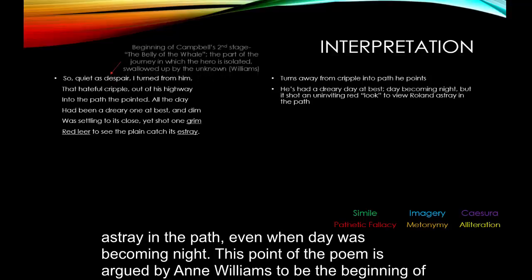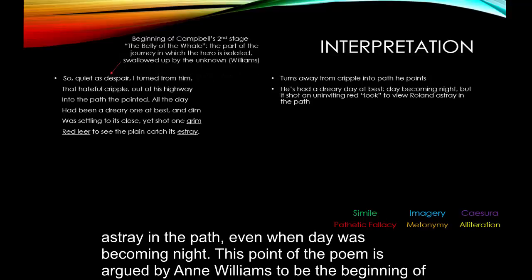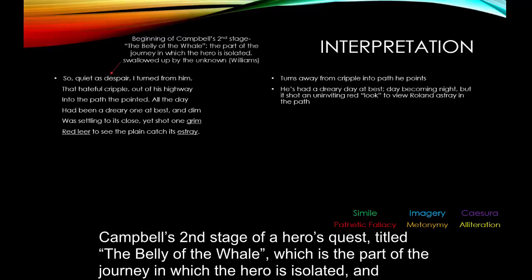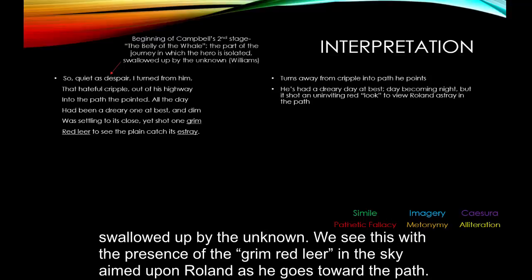This point of the poem is argued by Anne Williams to be the beginning of Campbell's second stage of a hero's quest, titled The Belly of the Whale, which is the part of the journey in which the hero is isolated and swallowed up by the unknown. We see this with the presence of the grim red leer in the sky aimed upon Roland